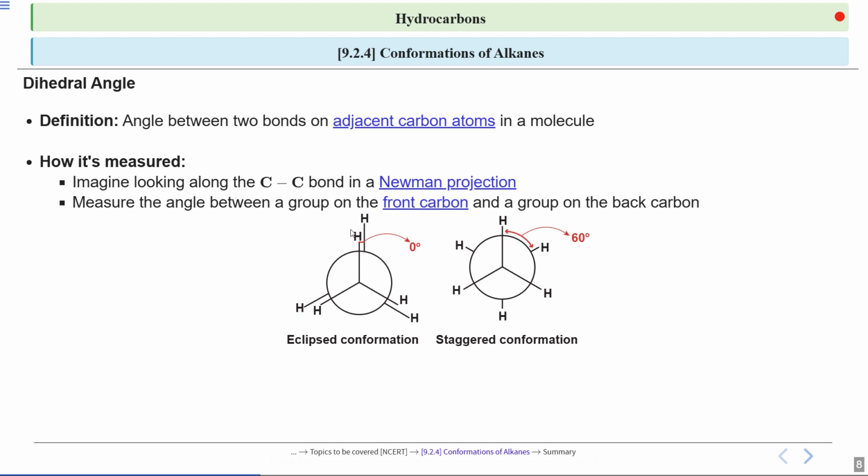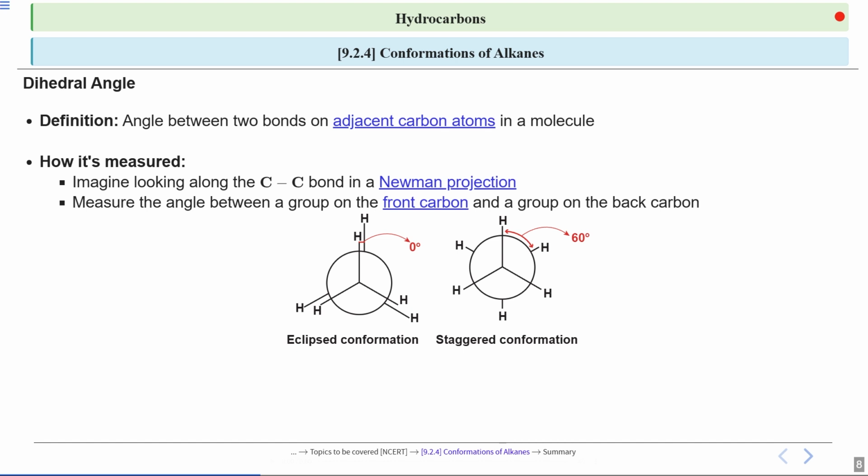That rotation is approximately equal to 60 degrees. Now your front carbon's carbon-hydrogen bond and your back carbon's carbon-hydrogen bond are at an angle of 60 degrees. You can compare each and every carbon-hydrogen bond, and each will have a 60 degree angle